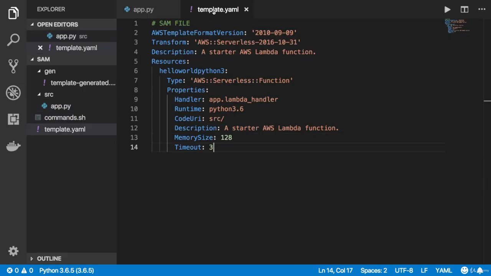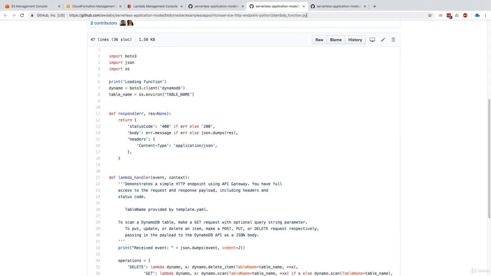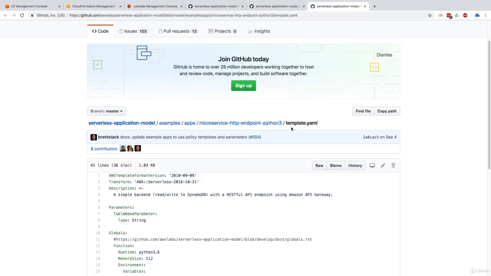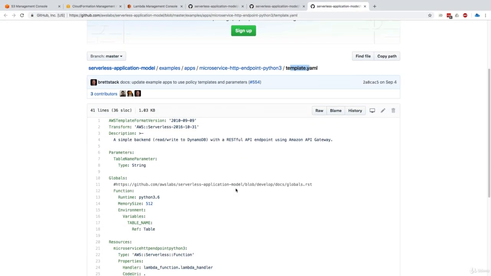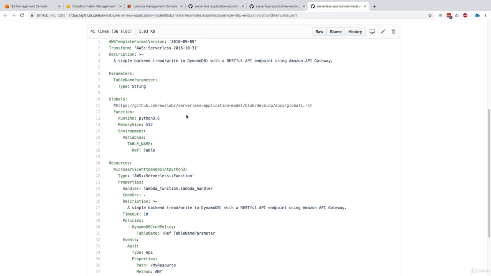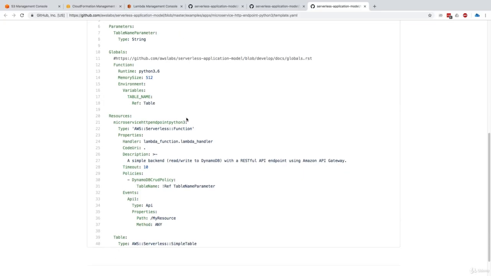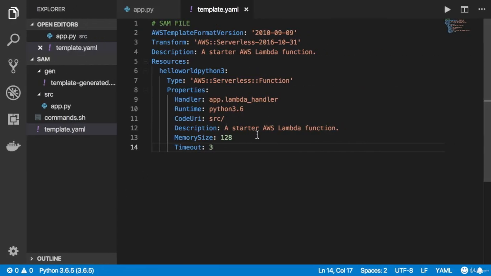Next, we have to modify that template.yaml to include some API gateway related stuff. So let's go back, and here we have the template.yaml, but now we have more stuff in it. So let's see what we're going to need to have. If we take a look at our Lambda function, now what was added in it is there was an event right here that was added, and this event adds an API. So let's just copy this event one by one.